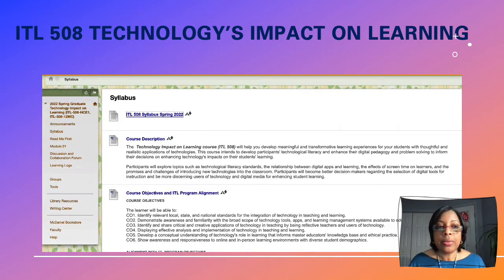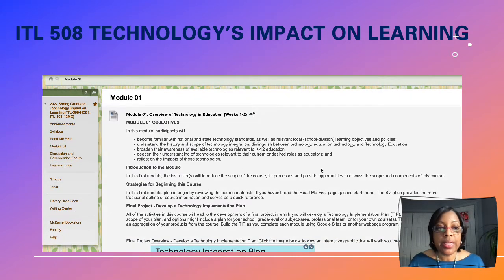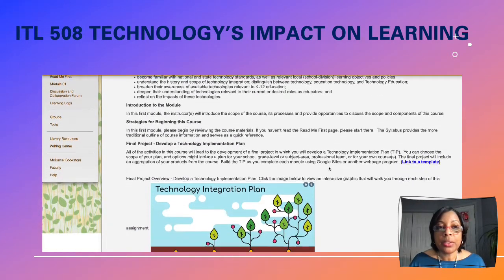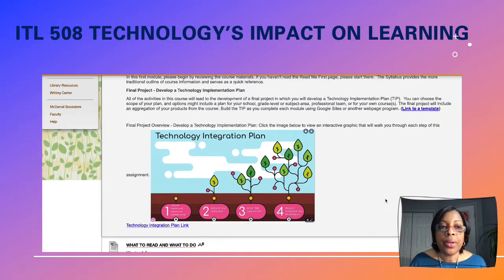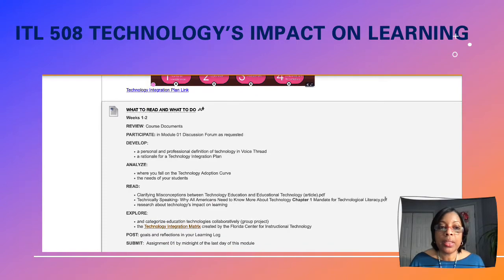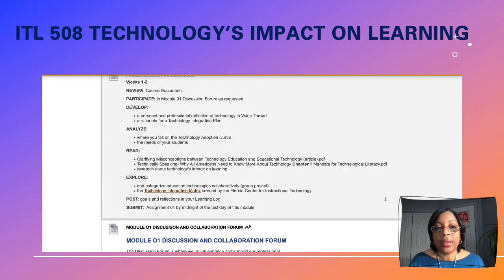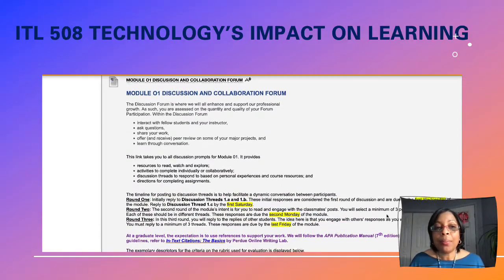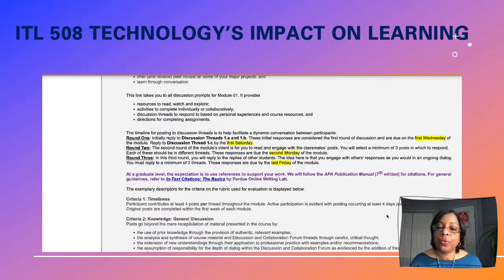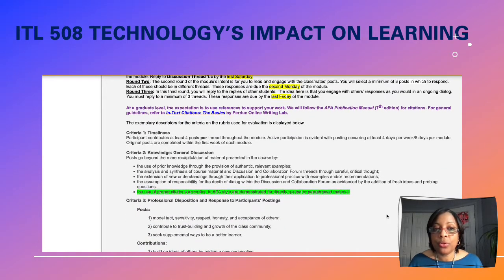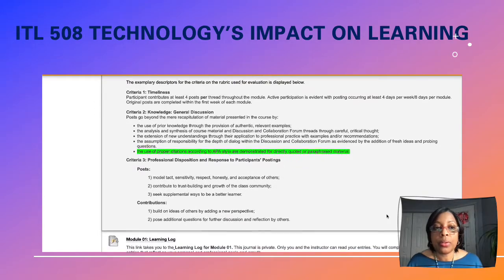You will find the syllabus located on the class page. Module 1 is also available for you to look at now. It has an introduction to the module, how to get started. It has a simpler list of what to do and what to read, but you need to go to the discussion collaboration forum for the full set of resources that I would like for you to explore for the next